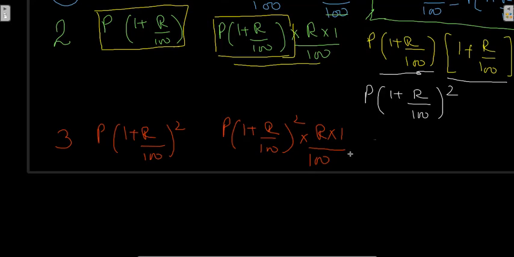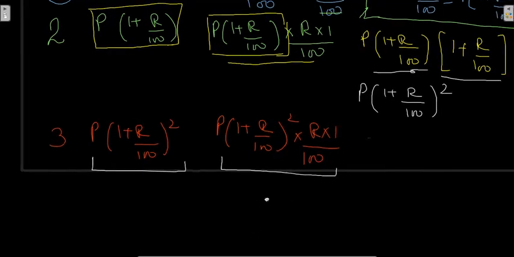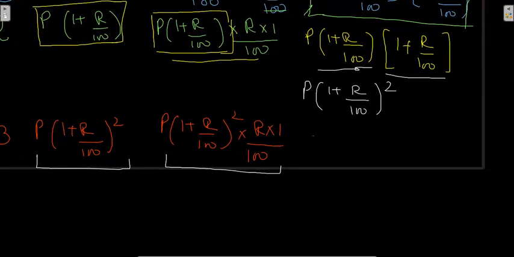Now what we do is that this is the principal, this is the interest. So what is going to be amount? Let me scroll it a little here. Yeah, this gives me a little bigger space to work with. Taking the same color again. Yeah, it is P1 plus R over 100 raised to power 2